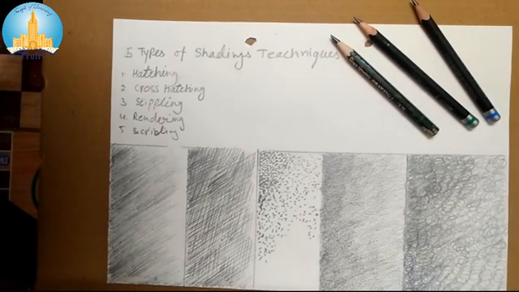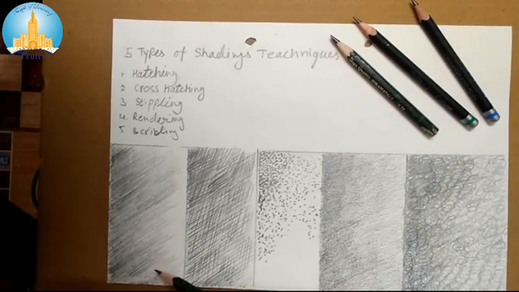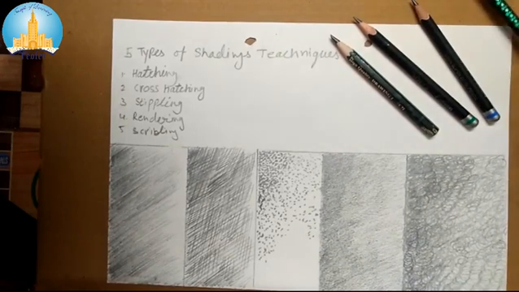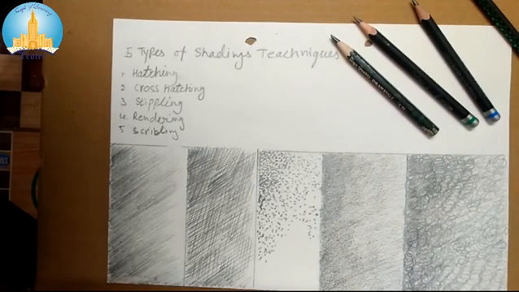Now, we can see you all remember how to do the techniques, so I can give you a quick review. This is hatching, cross hatching, stippling, rendering and scribbling. Now everybody, you all know the techniques of shading. After that, you have to learn what the use of shading is and what kind of pencils we will use. You are all aware there is a variety of pencils in the market for doing different kinds of shadings. So let's have a look.